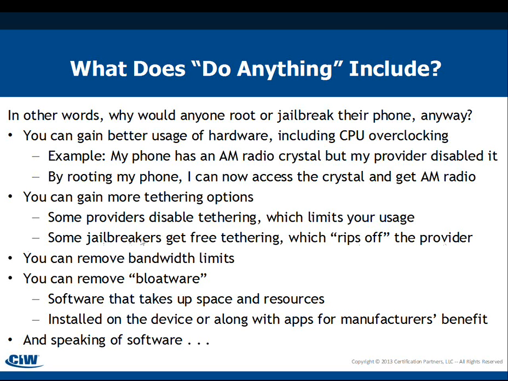When it comes to jailbreaking, here are the advantages. First of all, you can gain better usage of the hardware, including CPU overclocking. Overclocking means that if a CPU is told to run at a certain number of gigahertz, you can actually, using special software, tell the CPU to run faster. And in fact, there are mobile phones out there that have a certain CPU. The software basically throttles